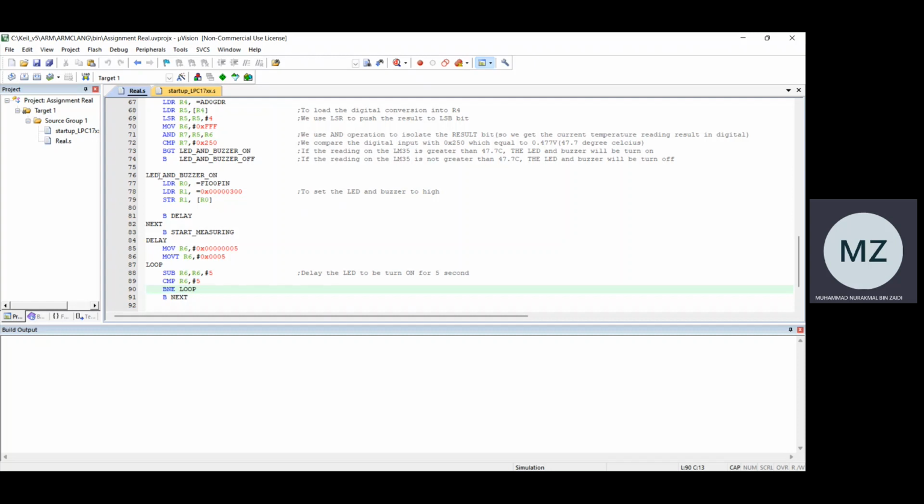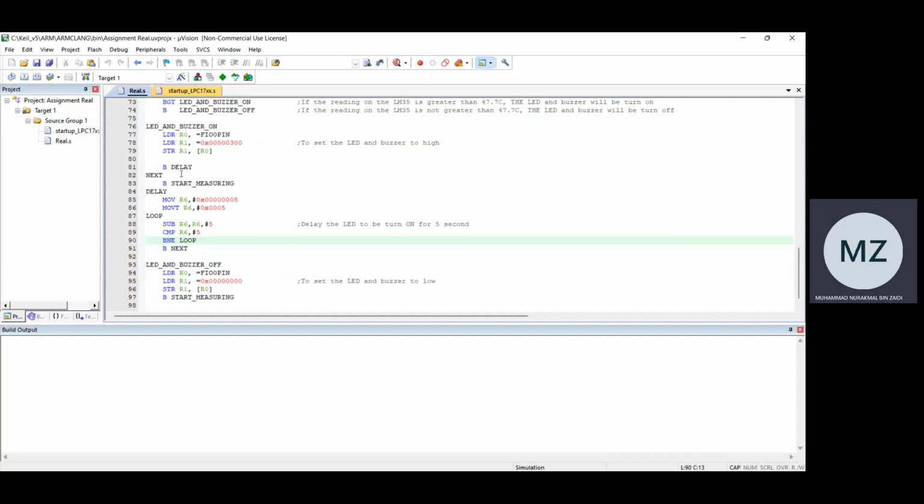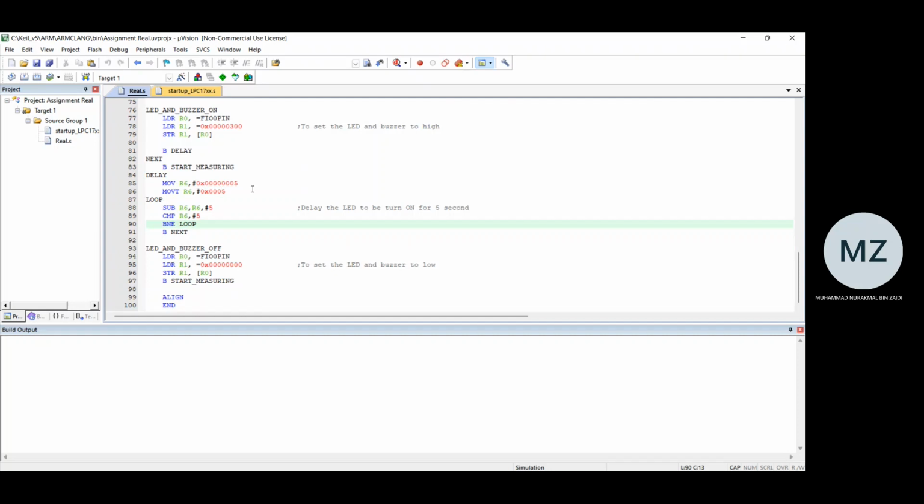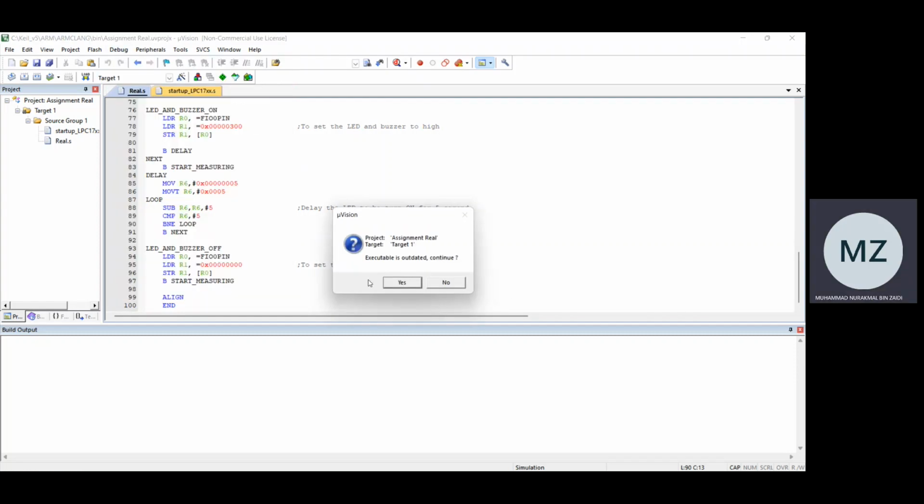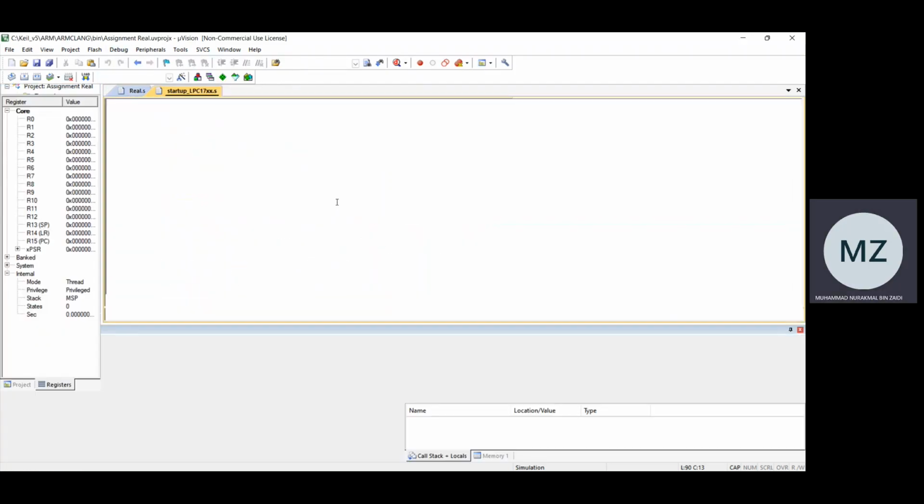And this is the paragraph, the coding we use to set the LED and buzzer to be turned on. Use FIO0PIN, set pin 5 and 6 to be turned on. And this is the branch and delay we use to let the LED and buzzer be turned on for a while. And this is the paragraph used to set the LED and buzzer to off or to low. And let's go to see the output